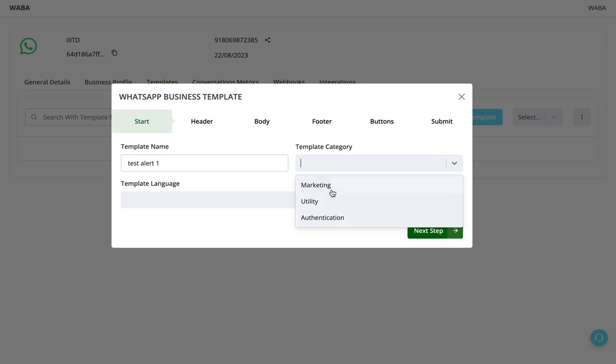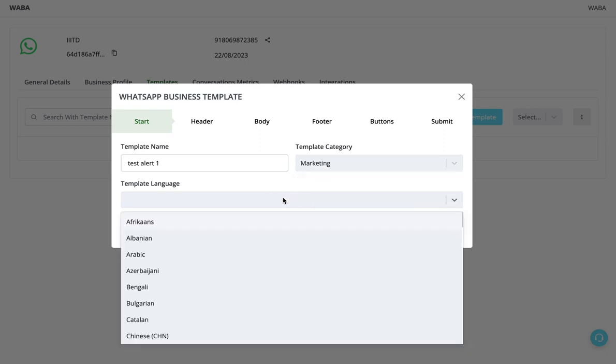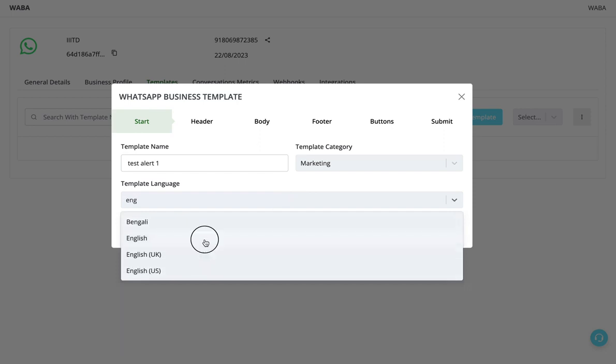You have multiple category options for your template. So I'll explain all the three categories. The marketing category is used for sending product updates, offers, discounts. The utility category is used only for transactional updates, and the authentication category is used for sending OTPs. I'll select the marketing category, select the language of your template,